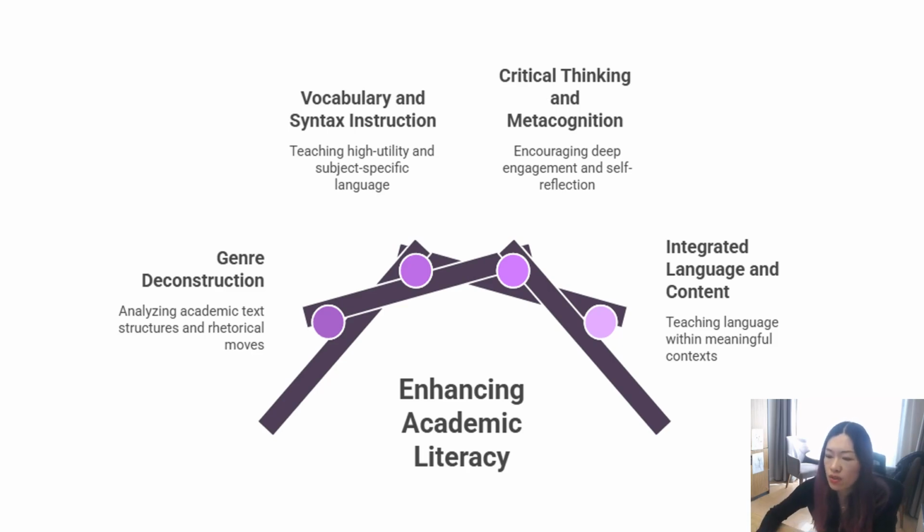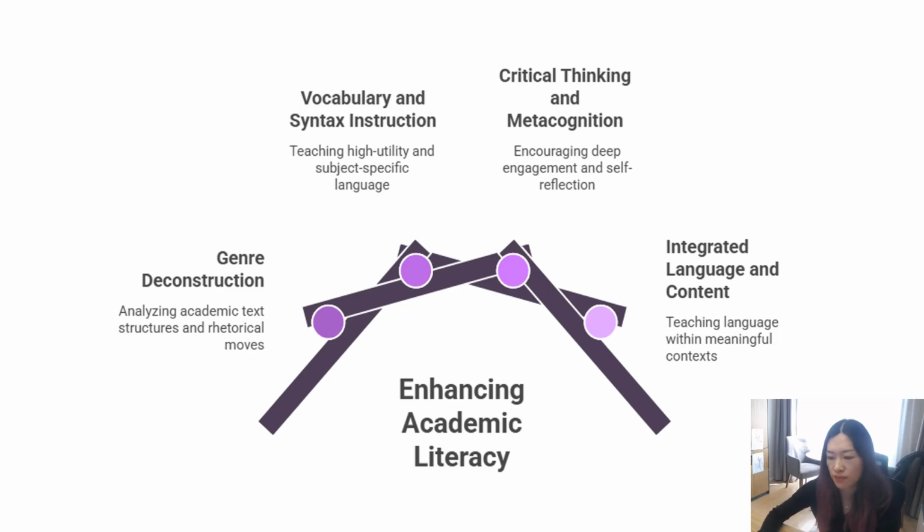So when questioning the text, instead of quizzing on the content, we could ask: where does the author address a counter-argument? What evidence do they use to support it? Whose voice is missing from this text? And having students write a brief reflection on their own learning process is a good idea. What was the most challenging part of reading this article? What strategy did I use to understand it?